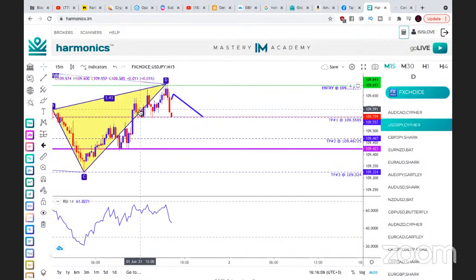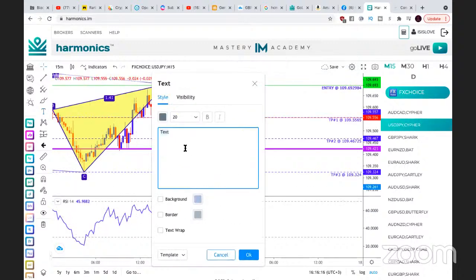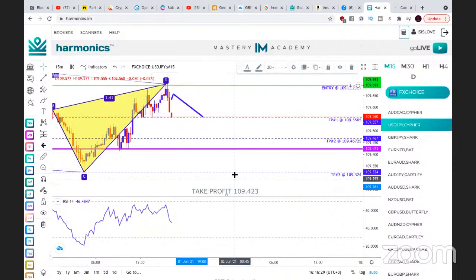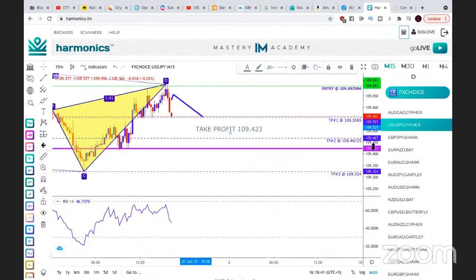So real quick, if y'all are watching, you can get in, just hit sale, and then the take profit, I'm gonna put it here. But you can go ahead and get in. We can modify the take profit later. You can always just hop in and then come back later and modify the trade and put the take profit in. All right, so 423 is the take profit. Right, this is the take profit right here. We're gonna just say about 10 pips. Of course, if you're trading live and you already have your trading plan, then you can adjust it where it needs to be adjusted. The stop loss,